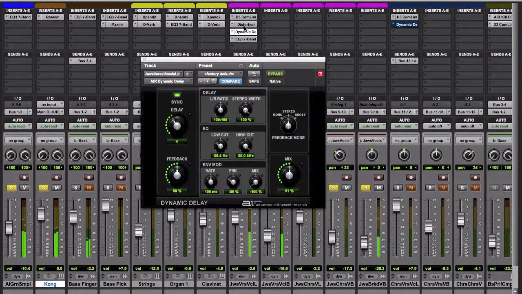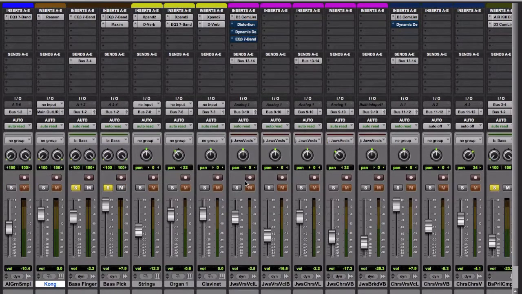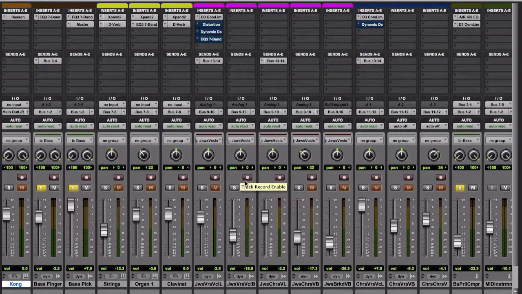I ain't saying nothing. So I think that's quite effective. Panning is also a good way to try and allow space for instruments in the mix, because when everything's pan center, that means that all the frequencies that these tracks contain are fighting for space between the two channels on the stereo out. So by panning them left and right at various degrees, you're creating a little bit more space